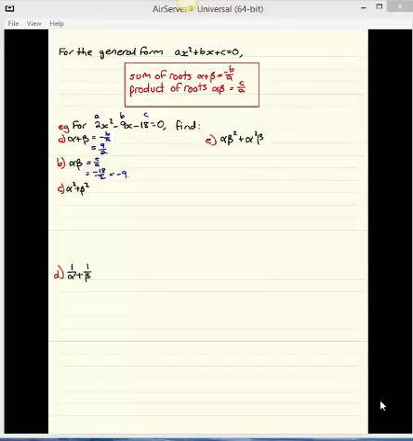Okay, so looking at our next one, alpha squared plus beta squared. The problem that we have here is that we know what alpha plus beta is, we know what alpha beta is, but we don't know what alpha squared or beta squared is. So what I have to do is look back at my alpha plus beta or alpha beta and figure out, well, how can I make alpha squared plus beta squared? Okay, so over on the side, we're just going to start thinking about how can I get that? Okay, so if I say, well, I'm going to have to square